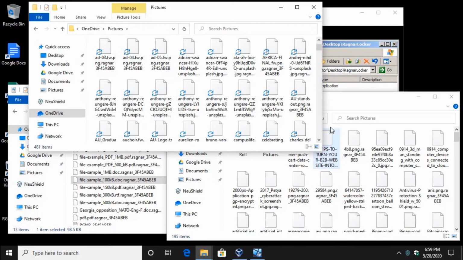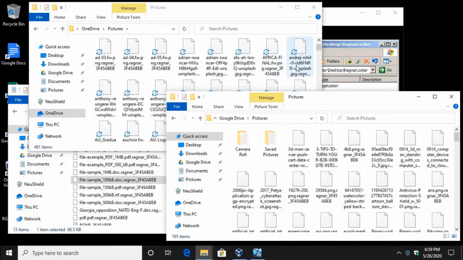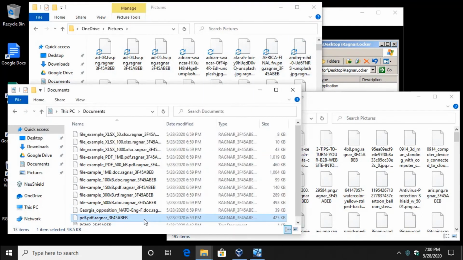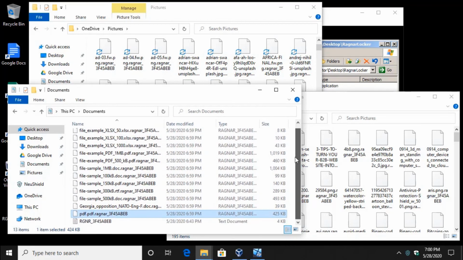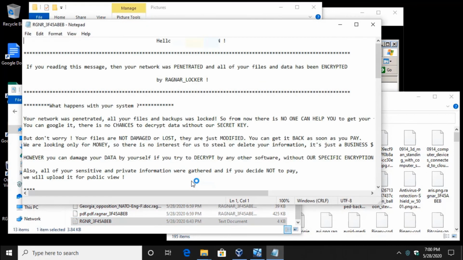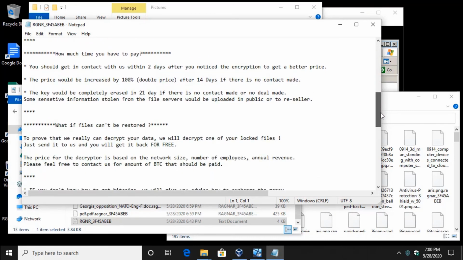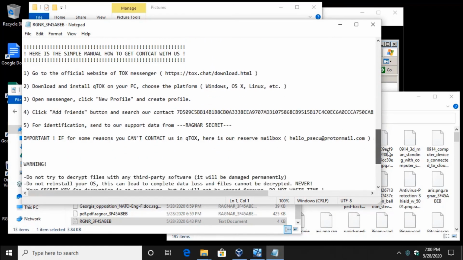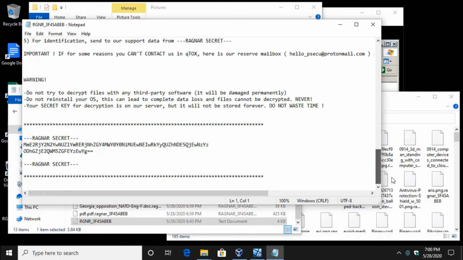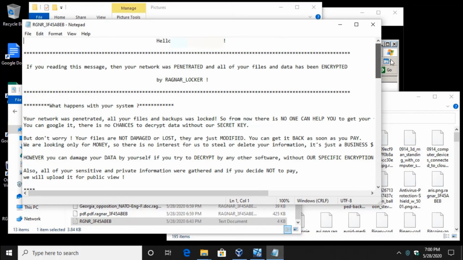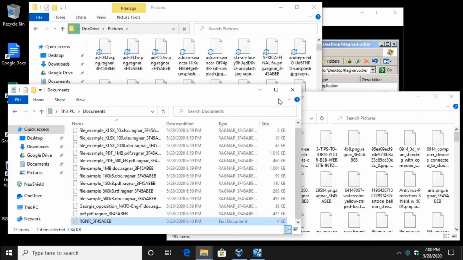But you can see that the OneDrive as well as the Google Drive files have all been affected. It's not just the files on this local system. Of course, those files are locally on the system too, but it searches the whole drive and encrypts those as well. So here's the ransomware note. This is the RegnaLocker ransomware note asking you to pay to get your files back. And there's the secret key they need to allow you to decrypt it. Of course, you need to send that key with money in order for them to give you the decryption key.